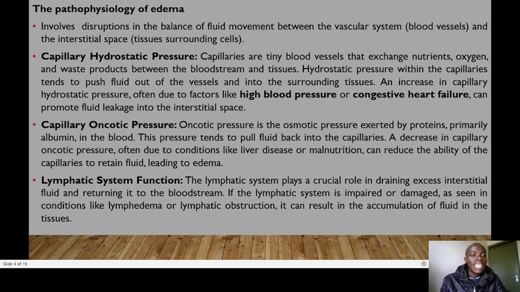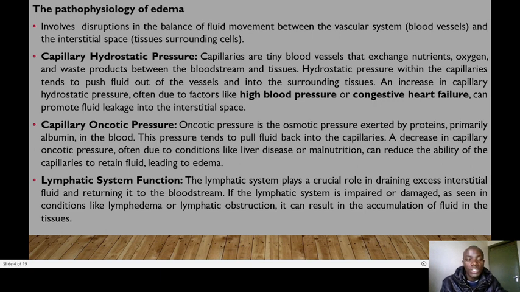Also, another factor is capillary oncotic pressure. And this oncotic pressure is the pressure exerted by proteins, primarily albumin found in blood. So this pressure tends to pull fluid back into the capillaries. So you find that a decrease in capillary oncotic pressure, normally due to conditions like liver disease or malnutrition, can reduce the ability of the capillaries to retain the fluid, leading to edema. Another factor is the lymphatic system, whereby the lymphatic system normally plays a crucial role in draining